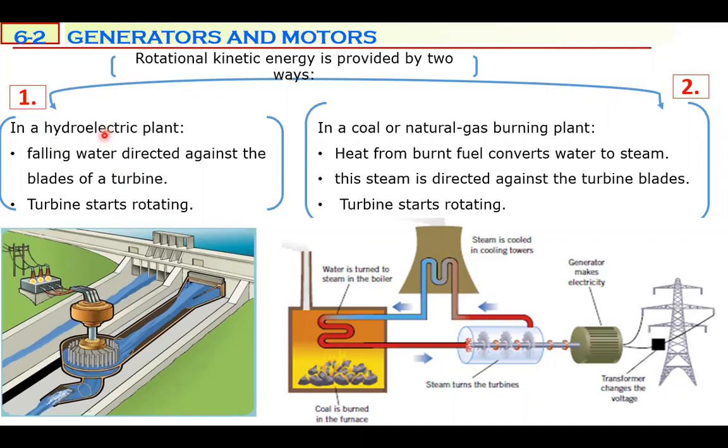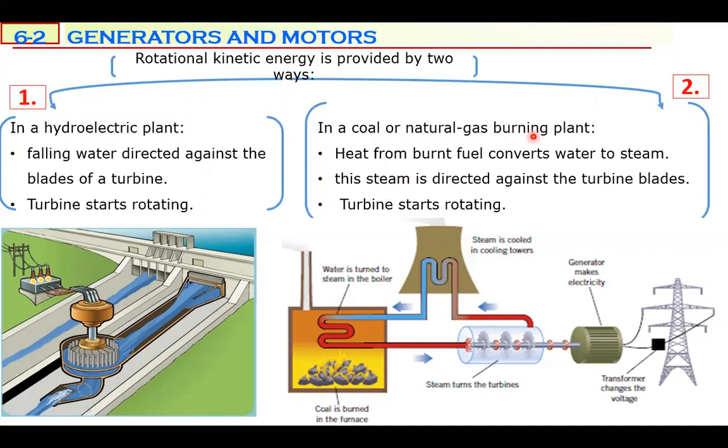So this is the first one: using a hydroelectric plant, falling water directed against the blades of the turbine. This falling water hits the blades and produces a torque about the axis of rotation, and the turbine starts to rotate. This rotating turbine is attached to the generator's coil. Coils start to rotate inside a magnetic field, and then they induce a current or EMF. This is the first one. Second one is